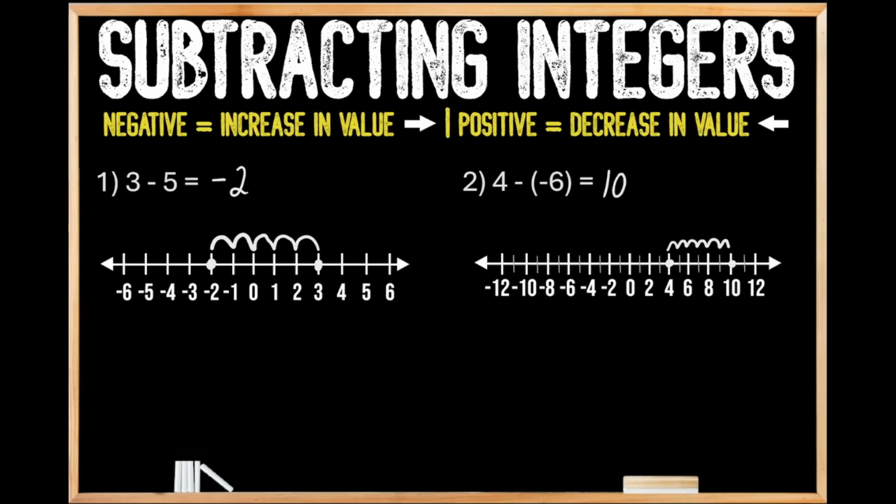To explain why it is that we end up increasing in value when we're taking away a negative integer, we can think of this as just owing $6. So let's say that I went out with a friend and I had a movie ticket, and when we got to the movie theater, I totally forgot my wallet at home, so he covered the cost of my popcorn. Well, that popcorn cost me $6. So that means that I owe my friend here $6, so I have a